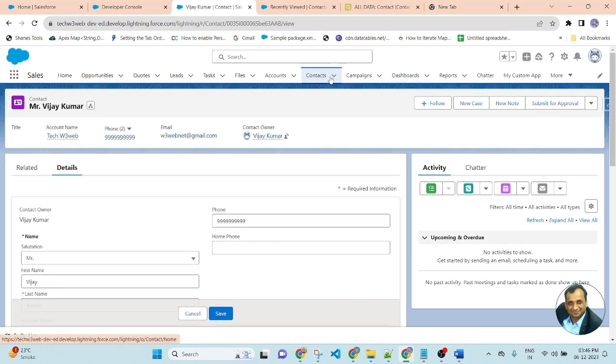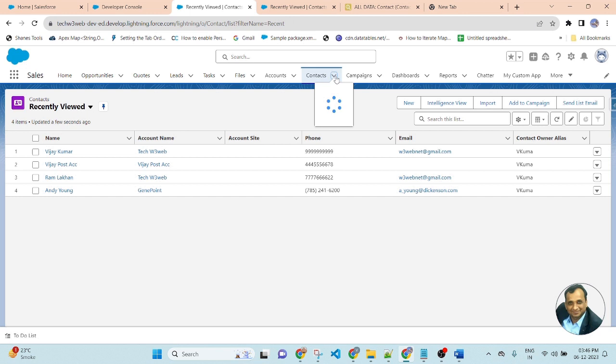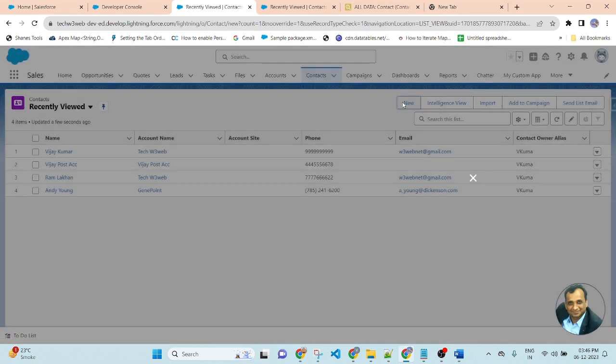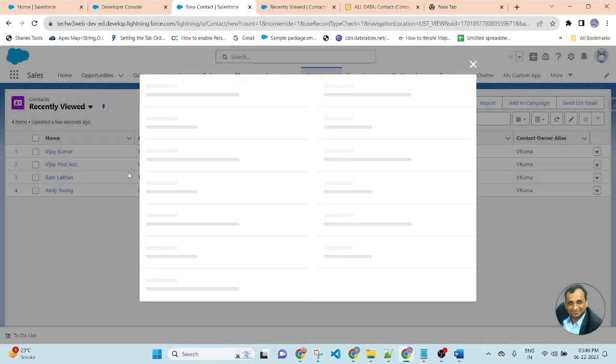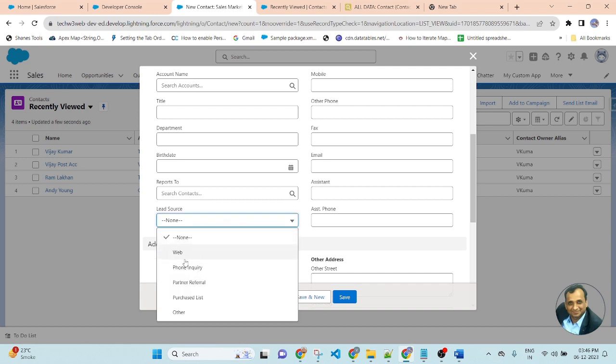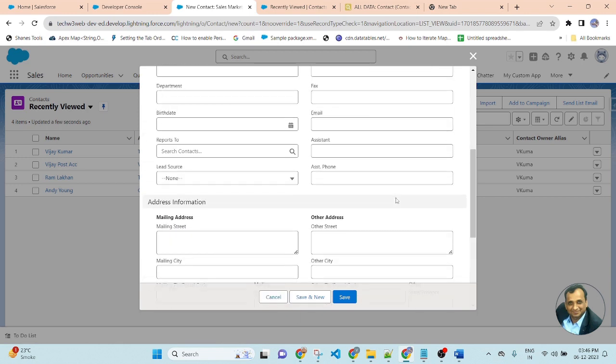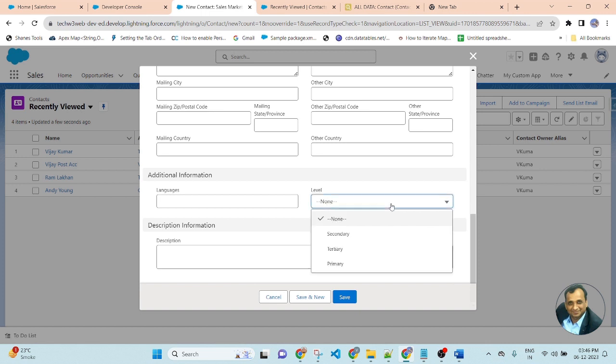So if I create a new contact from here, and if I select lead source as web or phone inquiry, then this label field will be automatically populated as primary.